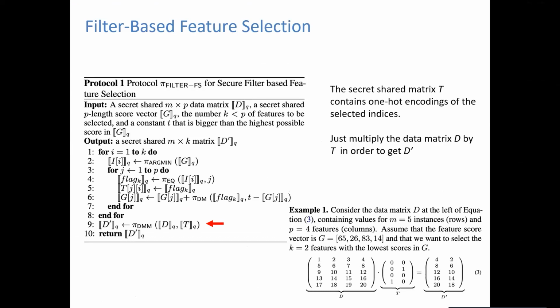Okay, so essentially you have a bunch of zeros and in the fourth position one. And after you exclude the 14, the smallest score there is then the 26, second position. So in the second column you have zeros except the second row, which is 1. And then you do just this multiplication and you're selecting the columns, the features that you pick up, right? So that's how you do the feature selection part.